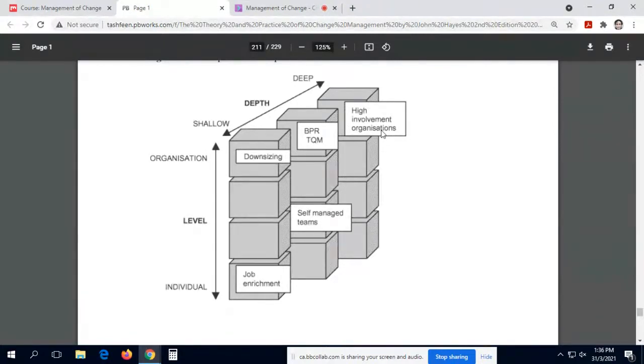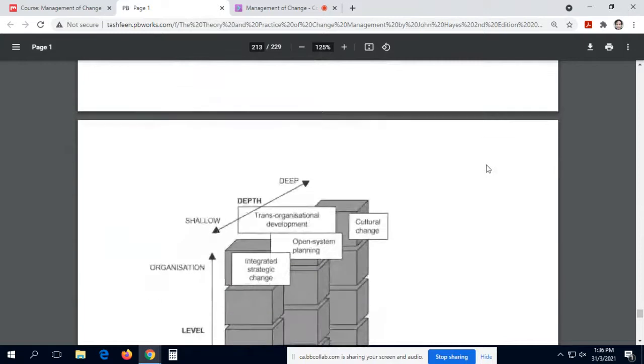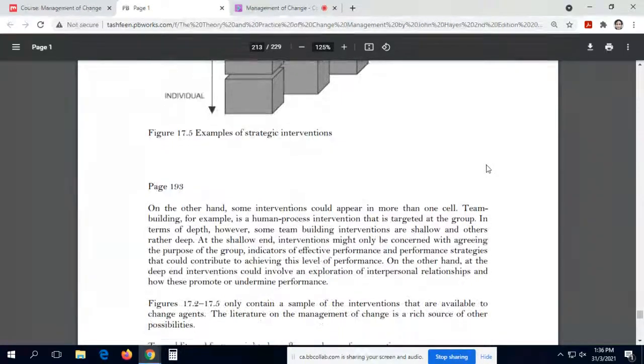What are high involvement organizations? You might want to run a Google search on this and then read about it. And if you have started working, you want to think about whether your organization is a high involvement organization, where people are involved in a way that they enjoy their job, that they like their job, they are not just doing it for the sake of money and those things. Yes, money and salary is important, but not just that. They are highly involved in all the things which the company is doing. So please look at these pictures and just reflect on them.